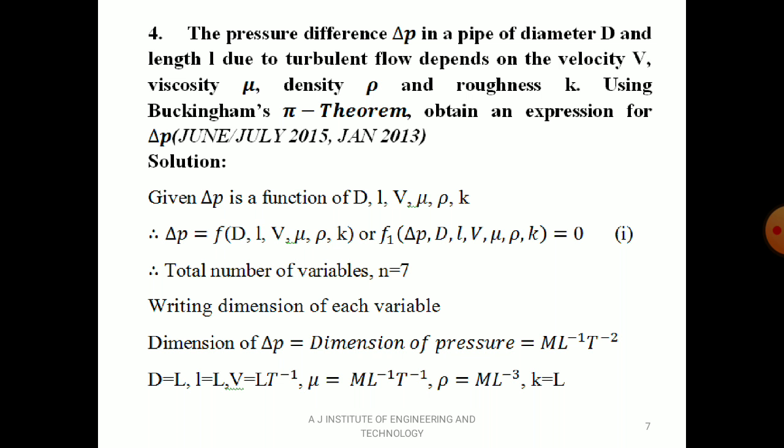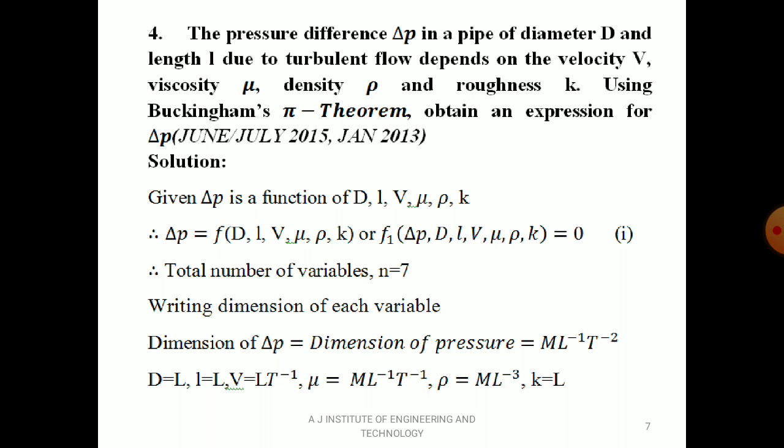So solution: given delta P is a function of d, l, v, mu, rho, k. So we have to get an expression for delta p. Delta p is a dependent parameter or variable. The remaining parameters, that is diameter, length, velocity, dynamic viscosity, rho and roughness, are independent parameters. So we can write the expression for the dependent parameter as a function of the independent ones. Therefore delta p equal to function of d, l, v, mu, rho, k,